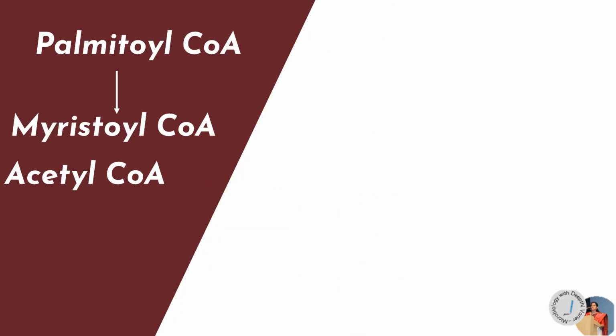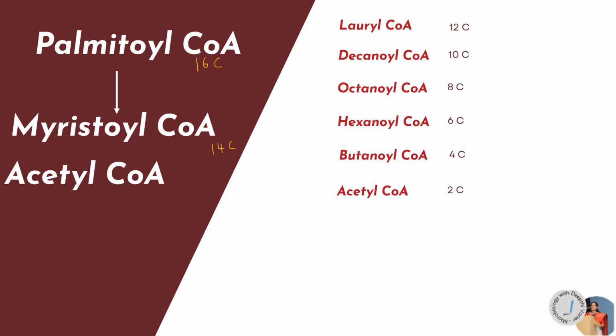So we started with a 16-carbon compound, and that gave us a 14-carbon compound after one round of beta oxidation along with the acetyl CoA, which is a 2-carbon compound. Now this 14-carbon compound, myristoyl CoA, doesn't stop over there. It is now going to enter several more cycles of the same 4 steps. So myristoyl CoA undergoes oxidation, hydration, oxidation, thiolysis to give us a 12-carbon compound, lauryl CoA. And then lauryl CoA undergoes the same 4 steps to give us decanoyl CoA. That again enters the same 4 steps to give us octanoyl CoA, which gives us hexanoyl CoA, butanoyl CoA,